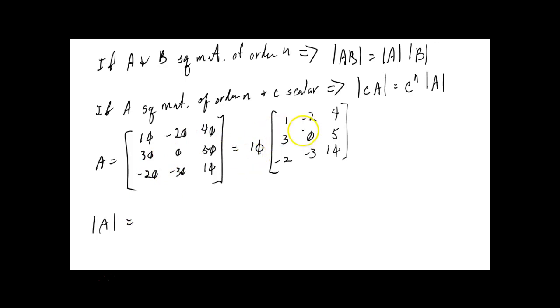The matrix we're interested in, which is this thing, is C times A, so that would be, and what's the size of this matrix? 3 by 3, so this would be 10 cubed times the determinant of what's on the inside. And this is a 3 by 3, so I think it's fairly easy